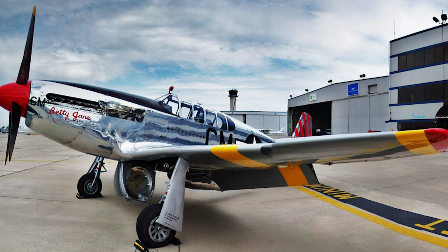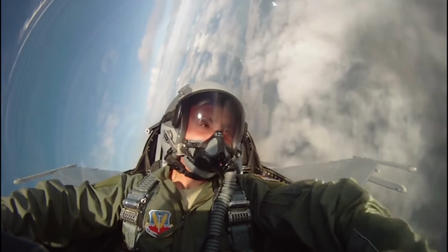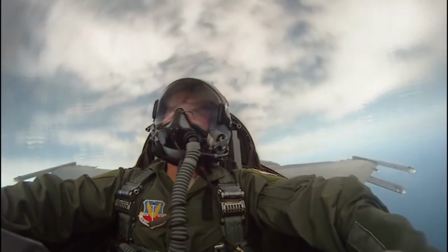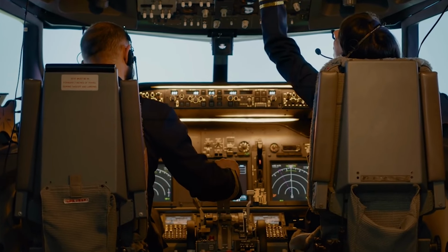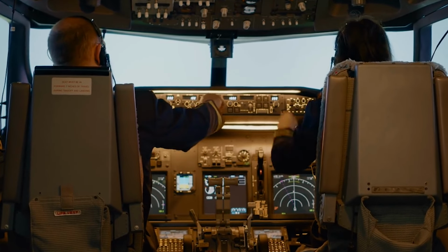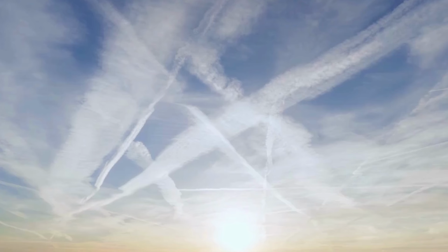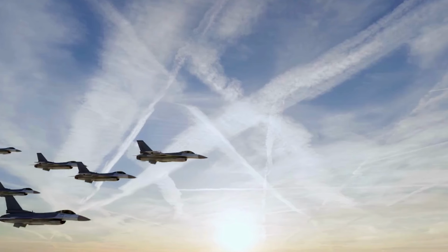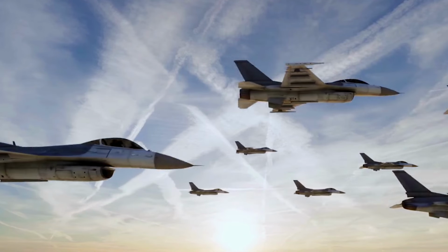The TP-51C offered a chance for pilots to acquire crucial combat experience before joining active duty. Trainee pilots had the opportunity to fly alongside experienced instructors in the two-seater variant. This allowed them to observe tactics, techniques, and procedures used in combat situations. Experiencing aerial combat scenarios firsthand helped pilots become more prepared for the challenges they would encounter during operational missions in